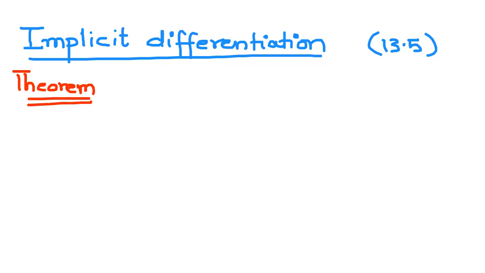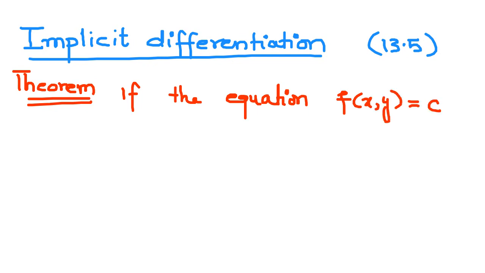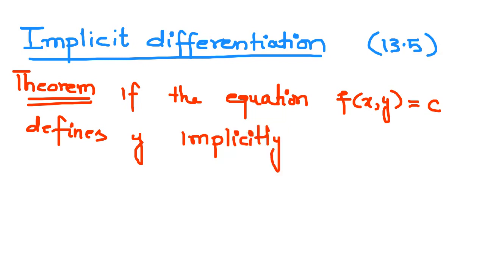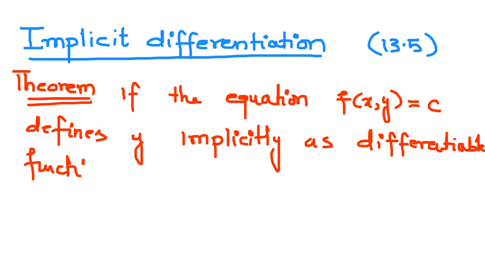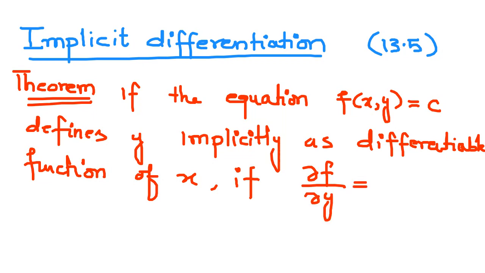If the equation f of x, y is equal to c defines y implicitly as a differentiable function of x, and the partial derivative of the function with respect to y is not equal to 0, then the implicit differentiation has